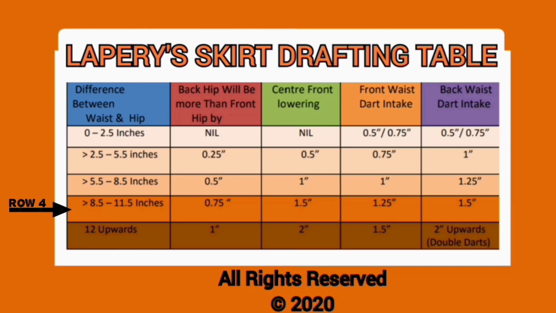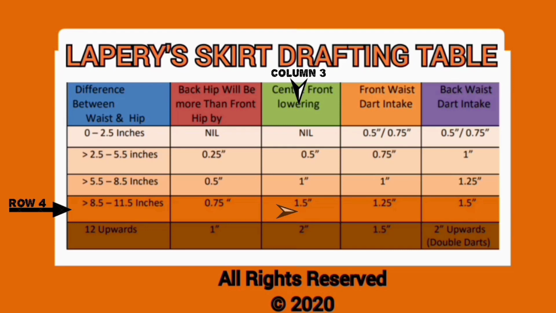Then in row 4, we have greater than 8.5 of an inch to 11.5 of an inch. If that's the case, your back hip will be more than the front hip by 0.75 of an inch, which by the time you spread it open, is 1.5 times 2. Then our center front lowering will still be times 2 of the value in the second column, which is 1.5. So we are working with skirt length 24, like I gave in that example. Your center front length now will be